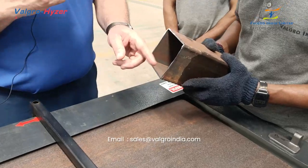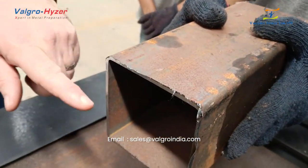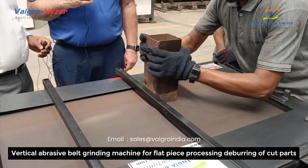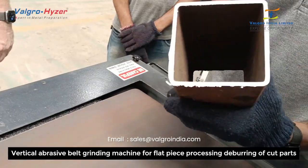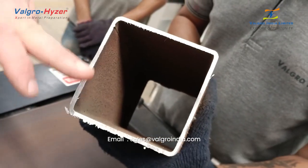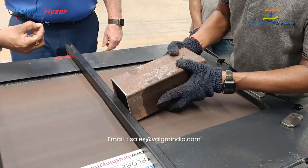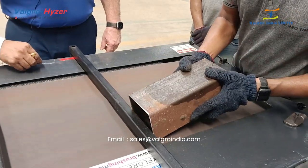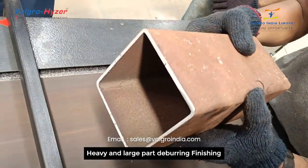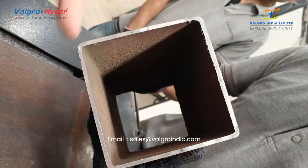Very nice. Saw cut part. You got a really large burr on here. And saw tooth marks, burrs on the inside. Now we've got a nice even flat surface on all four sides. We'll have a little bit of burr remaining, so these can all hit that. So we've got a nice calibrated surface on the end, and then all the large burrs have been removed from